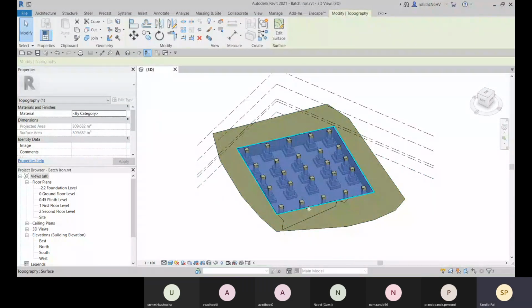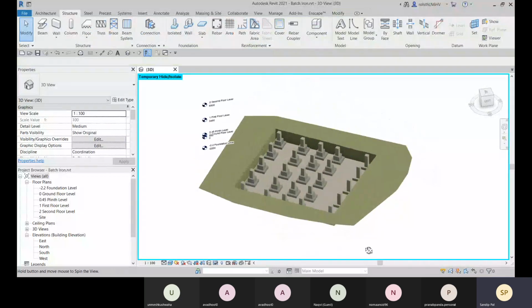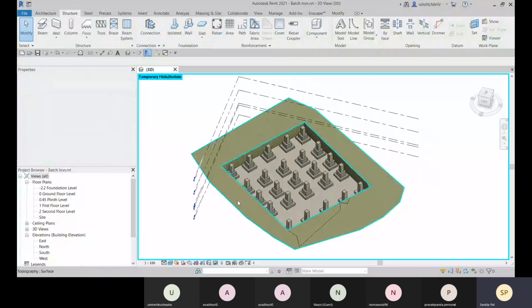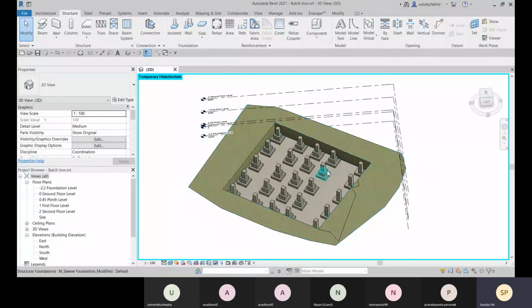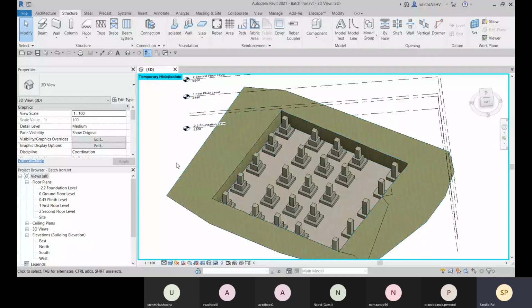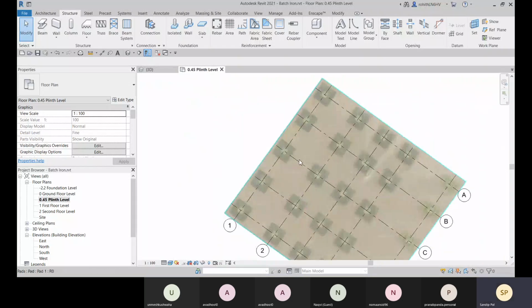I'll hide this. Okay, so up to this we have covered, right? Now I will show you how we can connect all these columns with beams. For that, I'll go to the particular level where I will place the beam. So I'll go to the plinth level and here I will place